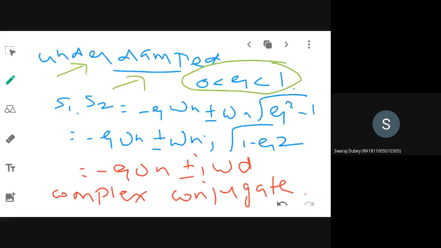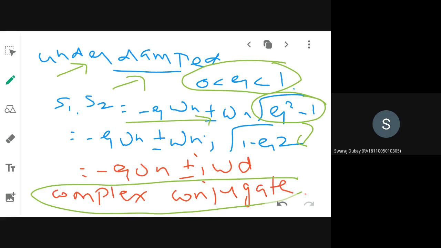You know these are the roots for the general second order system. In that we are going to slightly modify, rearranging these two terms. If you rearrange, it changes to 1 minus zeta squared; you are taking square root of minus 1 out. So the roots will become of what nature? Complex conjugate. You are taking square root of minus 1, that is one j parameter, out, so that you have a real part and an imaginary part. So the roots will become complex conjugate.